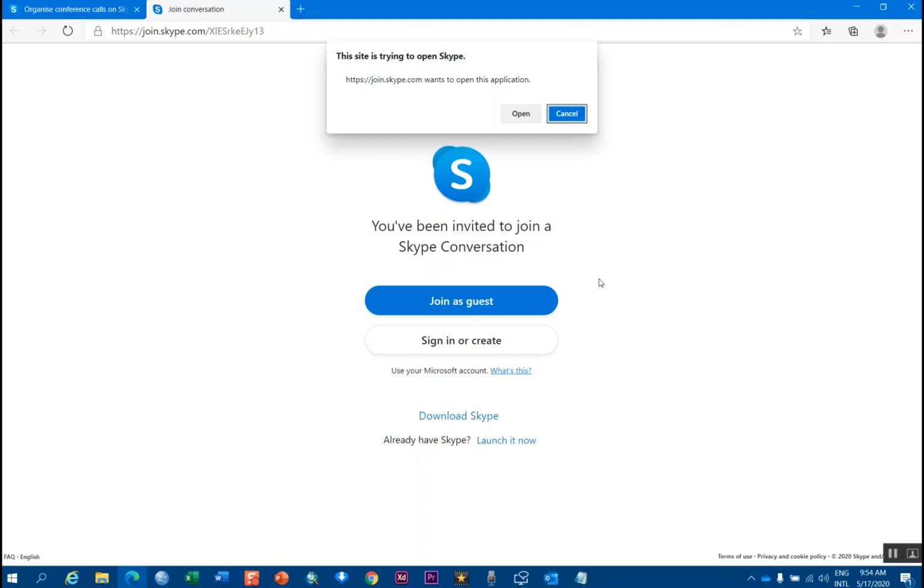So up to 50 people can join, and you can enjoy all the features of Skype, which includes up to 50 participants, and you can share the screen. Other people can also share the screen and present, and you can record the meeting and things like that. So the features which you enjoy in regular Skype, you can enjoy through this easy link option. I hope this video will help you during this lockdown and the COVID-19 situation.